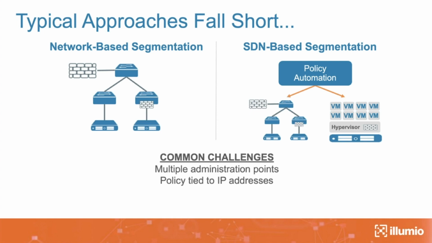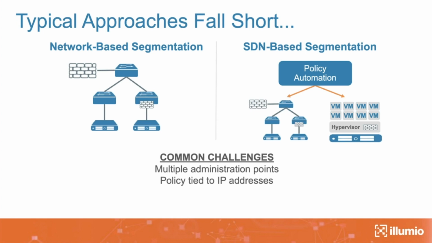The second thing is the policy is intricately tied to IP addresses, which means that if you have an application that grew over time and has now got 50, 60 workloads participating in that application, and they are now in different subnets, different VLANs, because it organically grew over time, you now have a challenge: all of these policies that you have defined to secure that application are based on IP addresses, and all these workloads are in different environments. Now, try writing a policy using IP addresses for just, let's say, 10 or 20 workloads that make up an application where everybody's talking to each other. You'll probably have an access list that is 300, 400 lines long. That is if you don't blow out your TCAM.